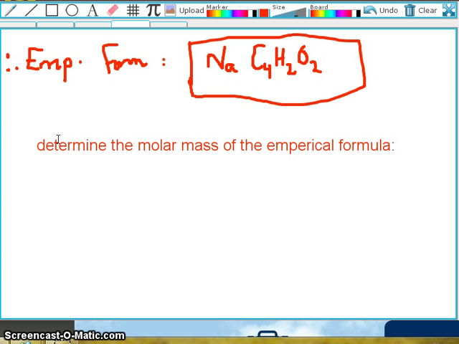And again, this is easily done by just grabbing a periodic table. And so we have, oops, that's a little too big,